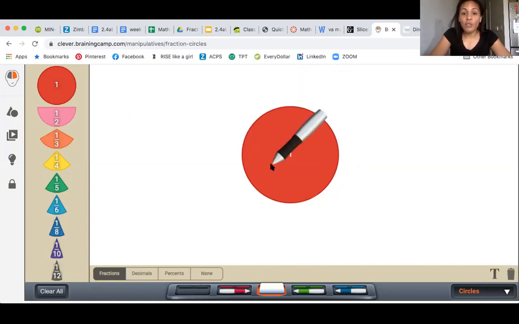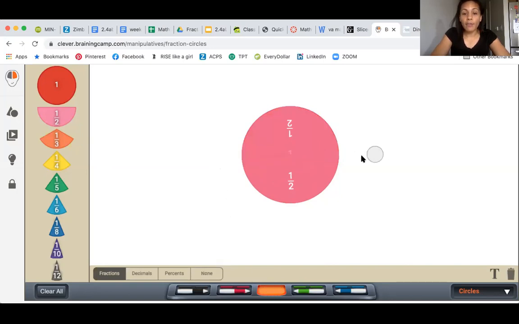Let's make two parts of this circle. Now remember, in order to be a fraction, those two parts have to be equal. So let's find a place where I can cut or partition my circle, okay? Does that look about equal? Good, okay? So these are my two parts. And like I told you before, those two parts are called halves, okay? So this is a half, and then this is another half, okay?